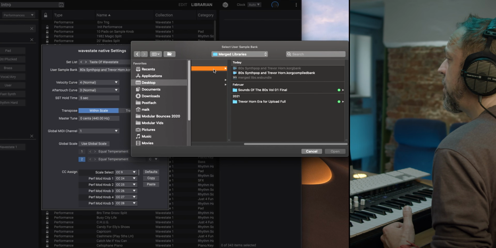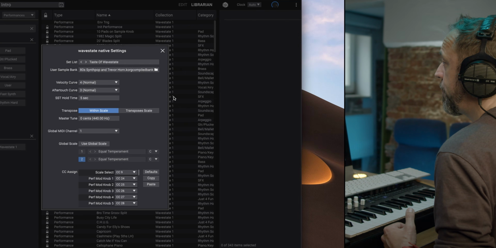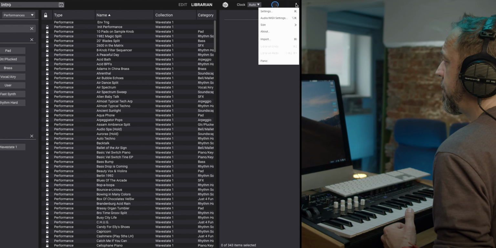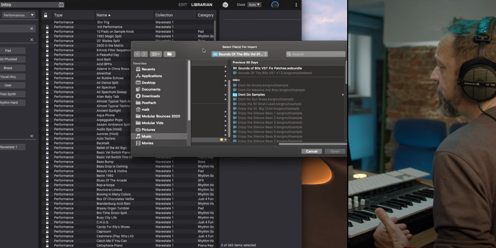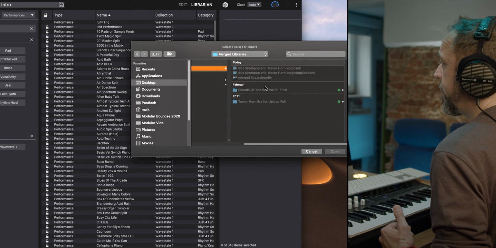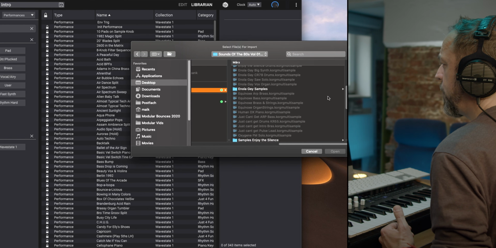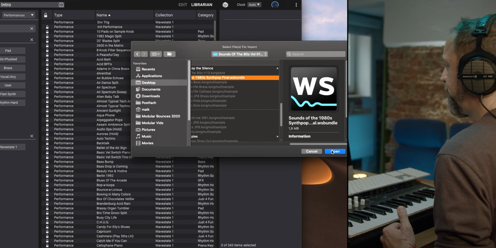In our merged library folder, look, 80s synthpop and Trevor Horn compiled sound bank, open, and then we have to import our bundle files, the sound files. For that we look in the same folder again, first in the 80s folder. We are looking for the Sounds of the 80s synthpop bundle.